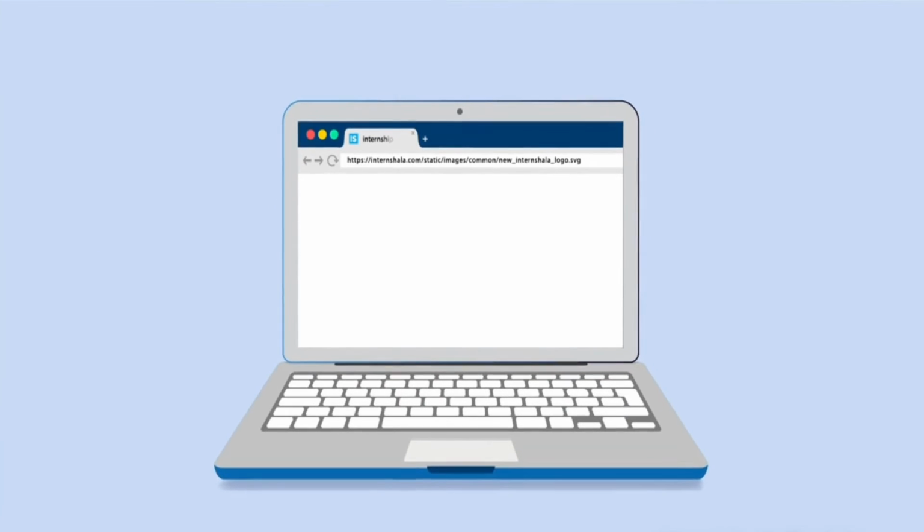To understand this, let's take this same example which we discussed in the image tag. Here, the URL has two parts. The first is a domain name or the IP address that indicates a specific computer on the internet on which the resource is present, which in this case is the Internshala's host computer. If you recall, we discussed this in the last topic.